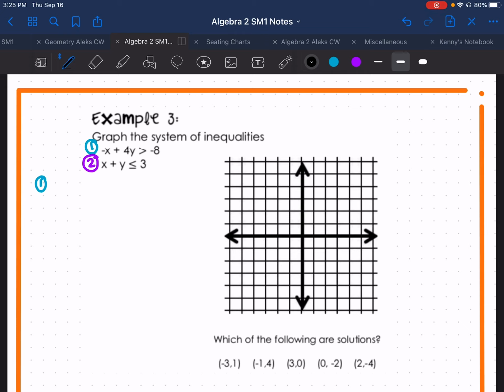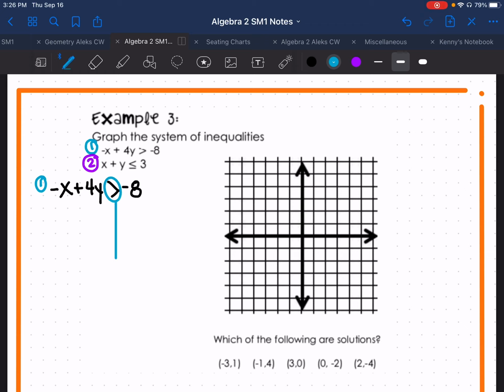Now, I probably will be showing you in class how to use the calculator to graph these because yes, our calculator will graph these. But for the video's purpose, I have to continue practicing by hand simply because I don't have the calculator on my device. All right, so I'm going to draw a circle around that